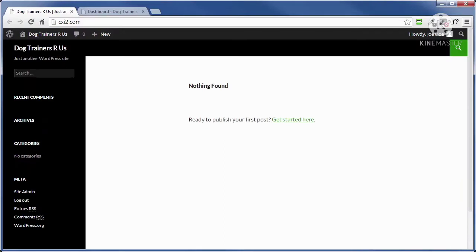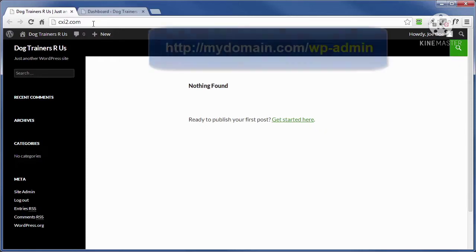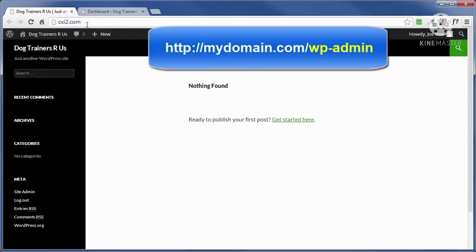This video is going to walk you through a tour of your WordPress dashboard. Now, the WordPress dashboard is the central location of all the content management features in your WordPress site. You get there by typing into your browser's address bar up here the URL to your WordPress site